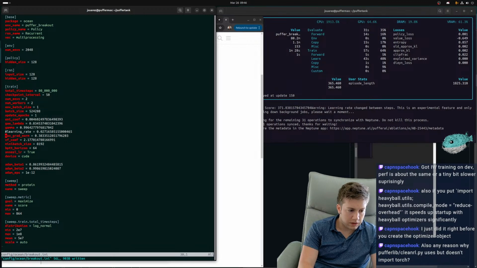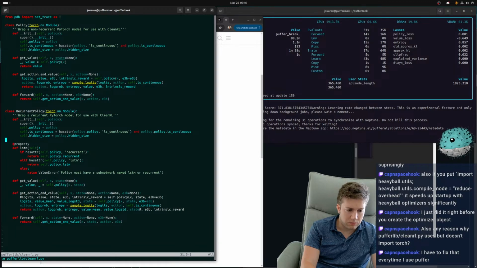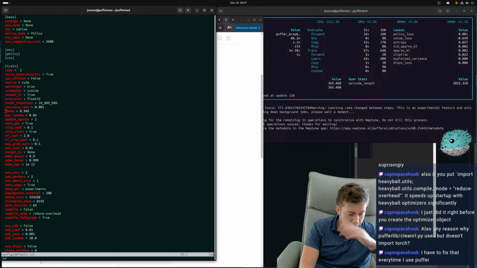Oh, you know, because I refactored that thing recently, I have to fix that every time you use Puffer because you haven't fully updated yet. I don't even think that's getting imported. If you look, we don't use these at the moment. There used to be this additional layer where you had to wrap everything in this, and I got rid of that. So I made the stack thinner. I've been meaning to refactor those for compatibility with CleanRL.